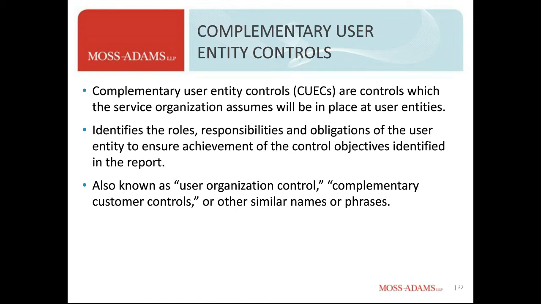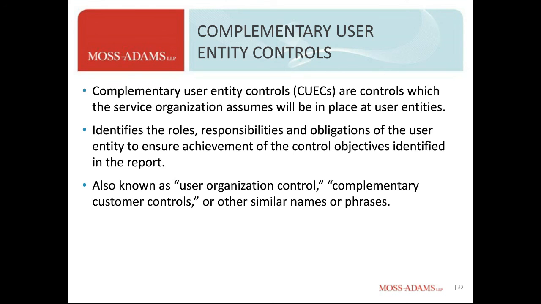Using the payroll processor example from the earlier graphic, what controls do you have over terminations, over changes to employee pay data? The timely transmission of those changes to the service provider is going to impact